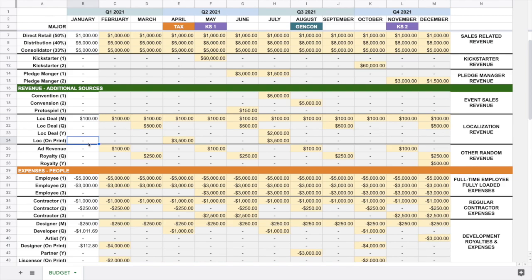I also find that this can be a good reminder. Say this company only pays me once a year, and I look at my notes and say, oh, I'm supposed to invoice them or bug them in July, as an example. Then I'm coming in July and I'm like, oh, I haven't heard from them. I better bug them. So that's another value here. Other revenue, like, hey,